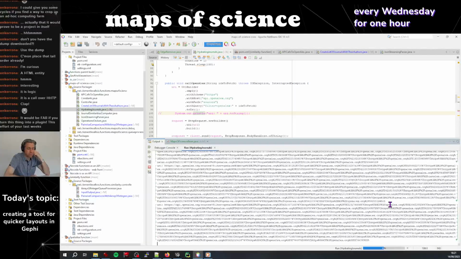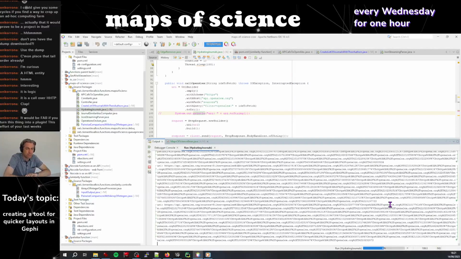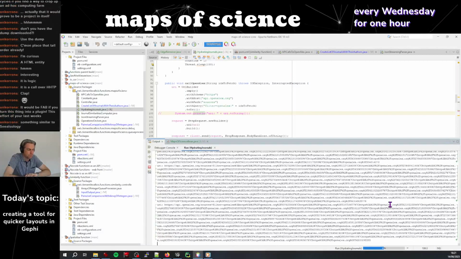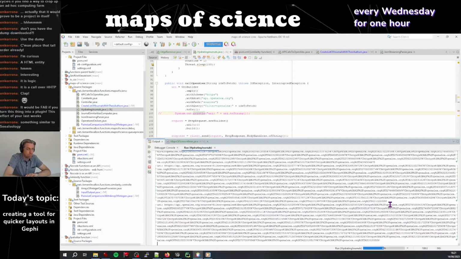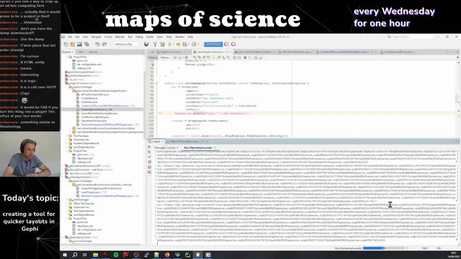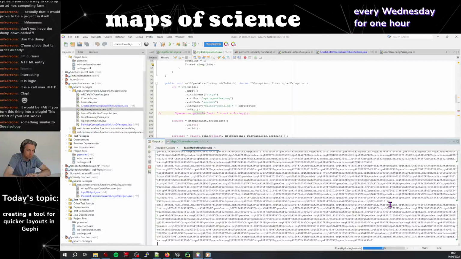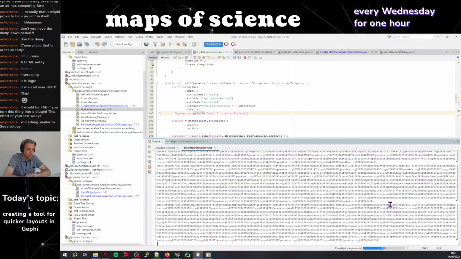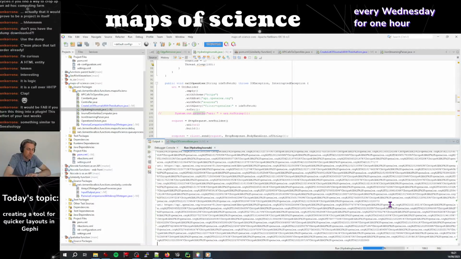Yeah, I'm not sure the plugin for a map of science is the most obvious. I'm still not sure what's the. I suppose we have many use cases for maps, but I didn't think of a Gephi plugin as the most obvious one. So what I have in mind with maps is